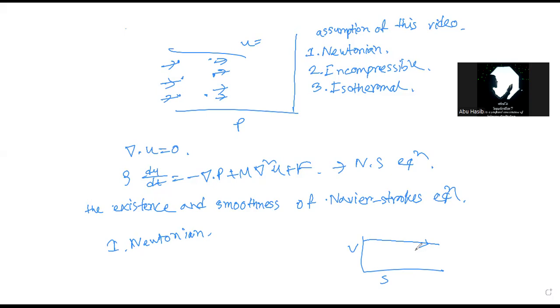Okay. And number two, the second assumption is that the fluid is incompressible. It means exactly what you think. If I compress the fluid under pressure, there is no considerable variation in the volume of the fluid. If it were compressible, then the Navier-Stokes equations wouldn't apply, so the fluid has to be incompressible. And the last assumption is that the fluid is isothermal. This just means that as the fluid flows, there's no loss or gain of heat.